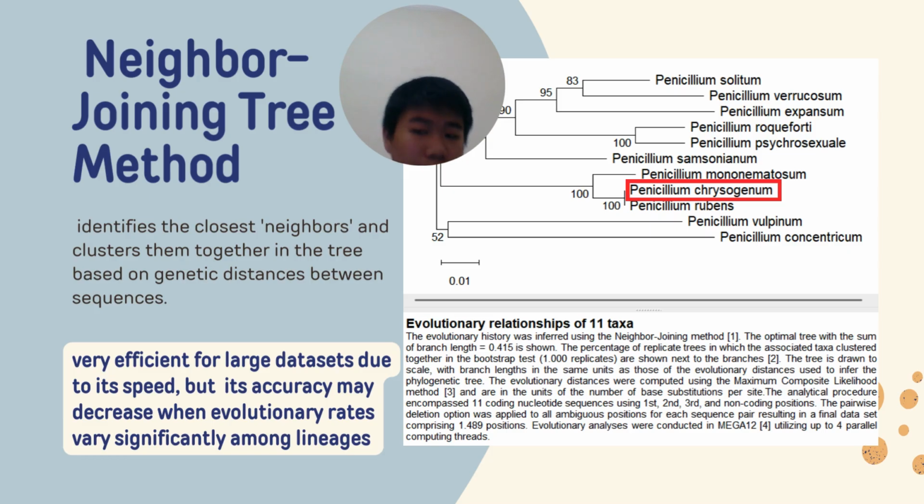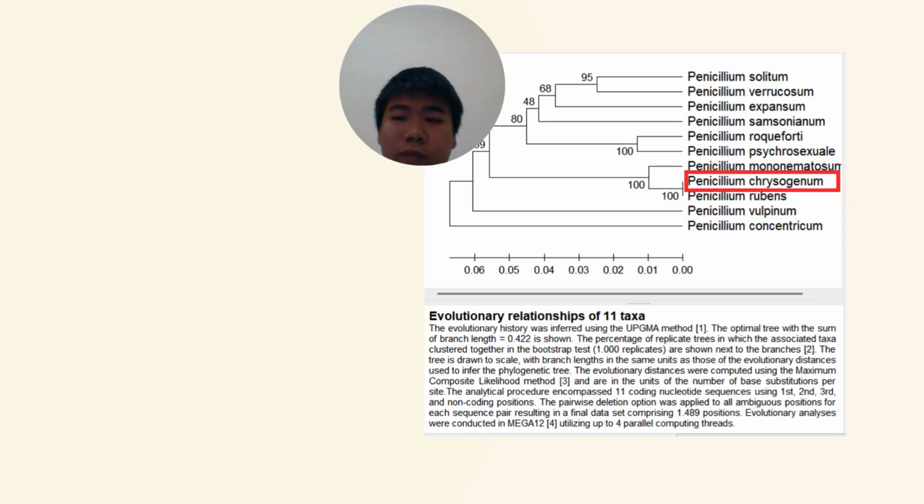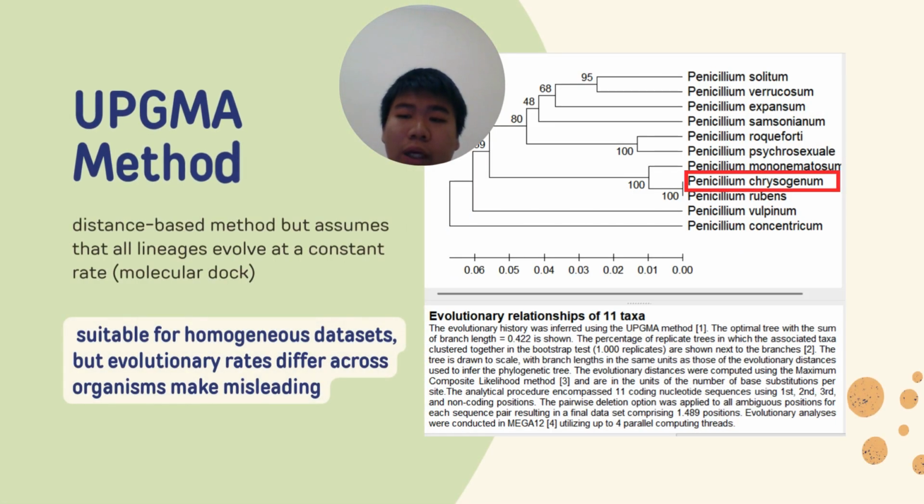Its main advantage is speed. It is very efficient for large datasets. However, its accuracy may decrease when evolutionary rates vary significantly among lineages. The third method is UPGMA, or unweighted pair group method with arithmetic mean. This is also a distance-based method but assumes that all lineages evolve at a constant rate, known as the molecular